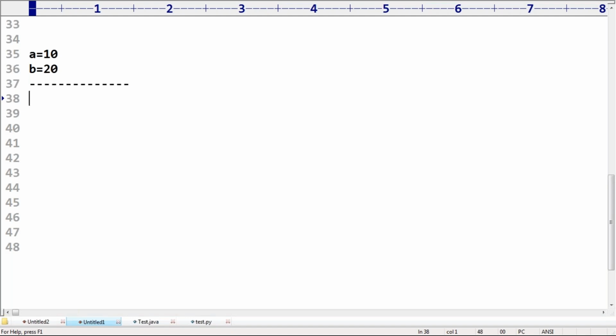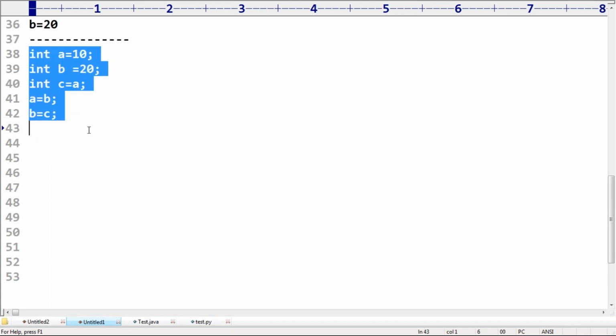Most of the time we use an intermediate variable C. Int A is equal to 10, next int B is equal to 20, and then int C is equal to A value. I'm assigning the A value to C, and then the A value will become B. After that, the B value will become the C value. Are you getting that? Correct, right? This is with an intermediate variable. Without an intermediate variable you can also do it, but with a small logic we require to do that. That's all. This much code we require to swap two variables A and B.